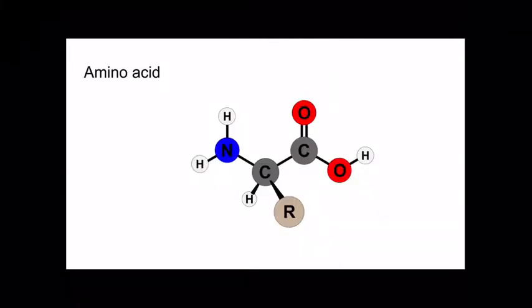Let's take a look at the structure of an amino acid. So we have 20 different amino acids in our body. 8 of them are considered essential amino acids. So what that means is that those are amino acids that we cannot make in our body, and the other 11 are considered non-essential amino acids. The non-essential ones,